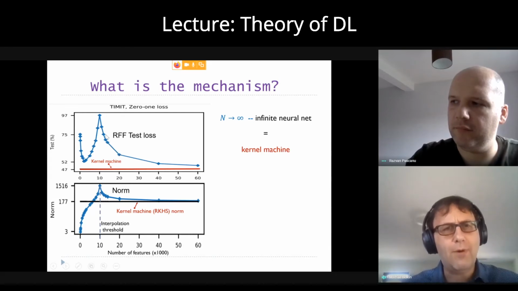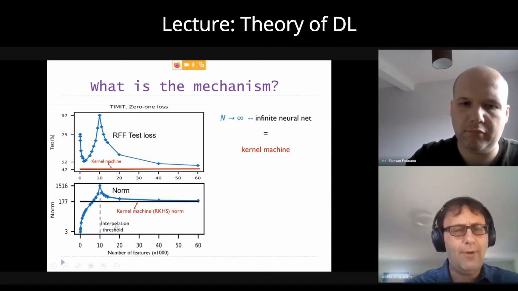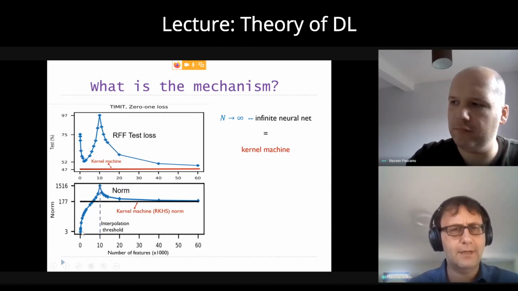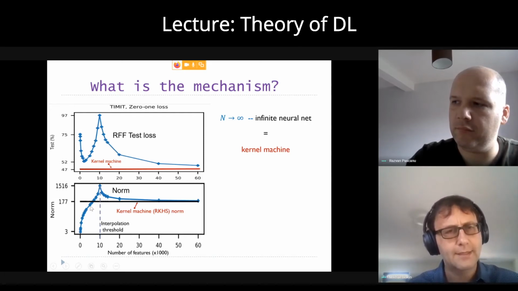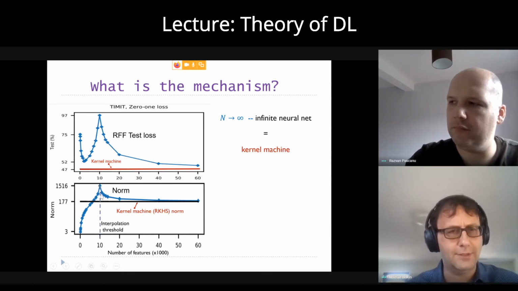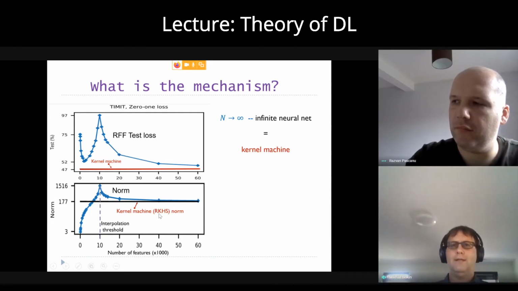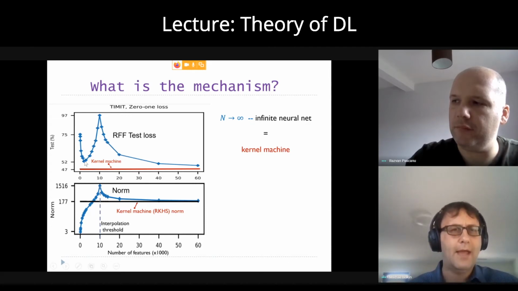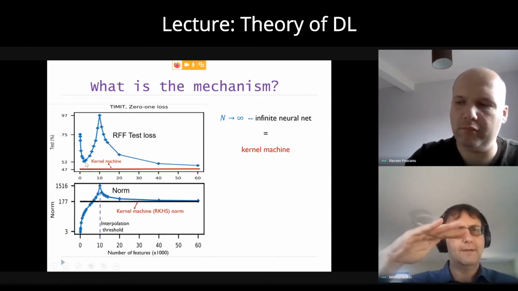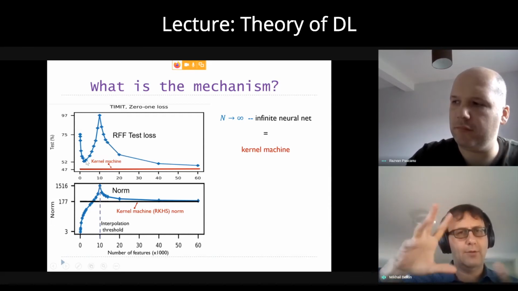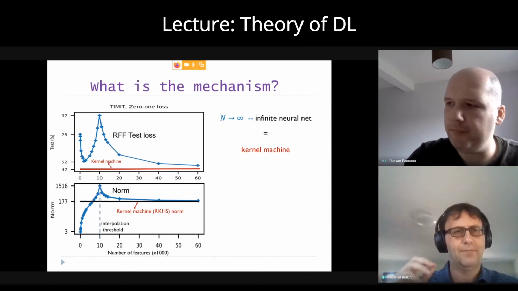And now you can ask, well, why does it go down here? And one way to think about it is to look at the norm of the solution, and we can actually compute the norm. And you see a remarkable thing, that the norm of the solution increases up to the interpolation threshold, which is at 10,000, these are thousands of features, and then it decreases again. And maybe the way you should think about it is the following: in this classical regime, I'm trading off my loss